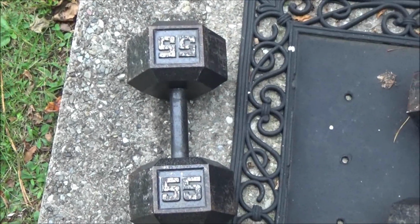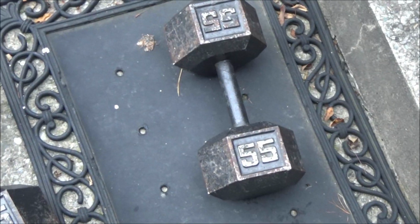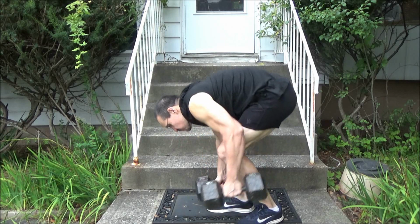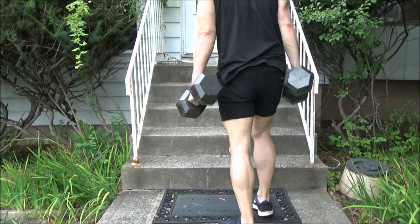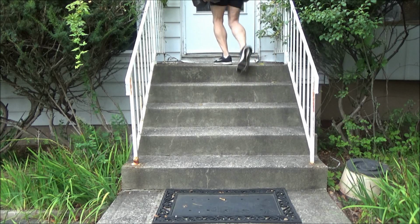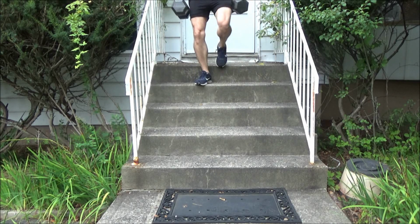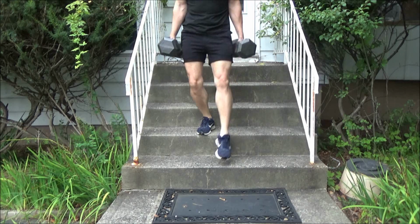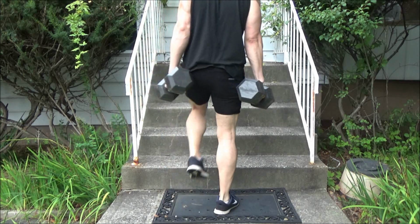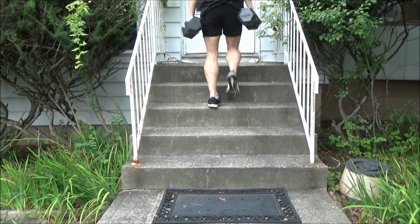But yeah, this exercise I'm going to show you, I did before a run. And like I said, I don't race. If you're racing, you'd have to do it totally differently. What I'm doing here is just walking up and down the stairs with my heaviest dumbbells. We've got the 55s, and if I had some heavier dumbbells, I'd probably use them, but they're